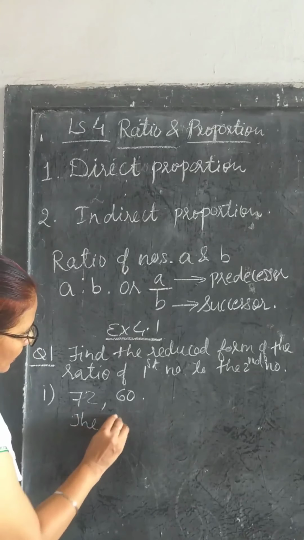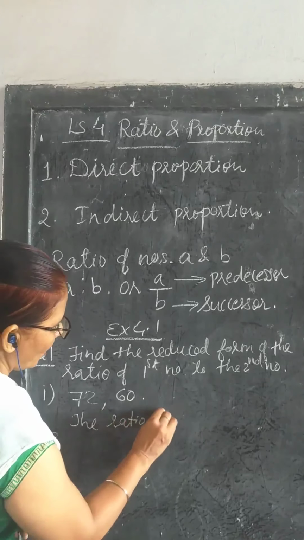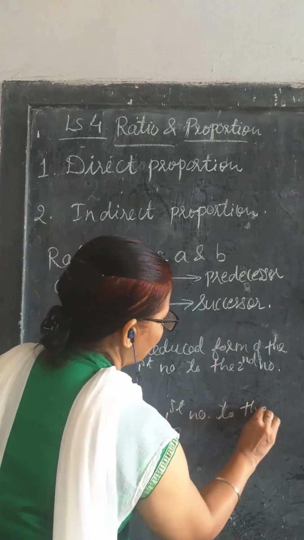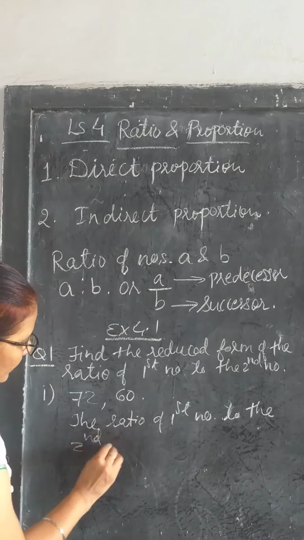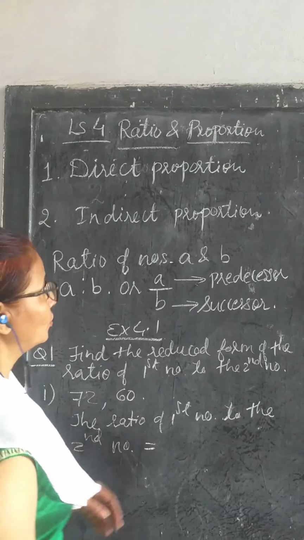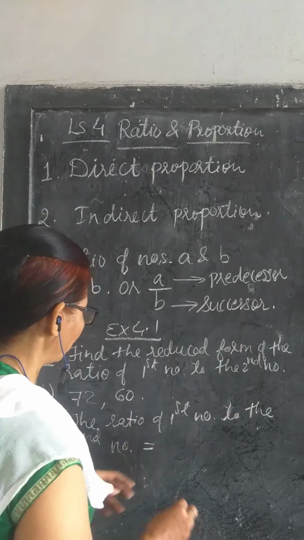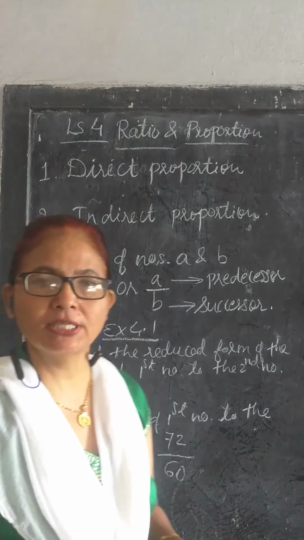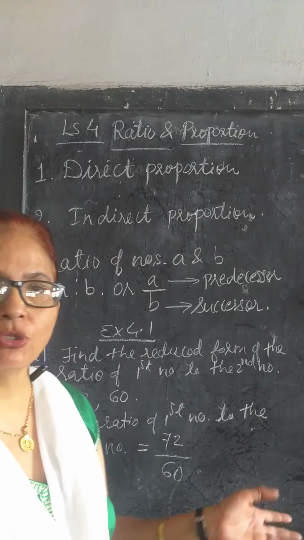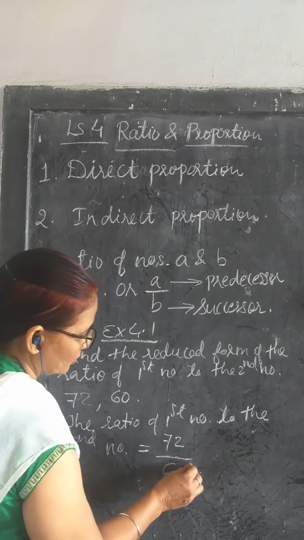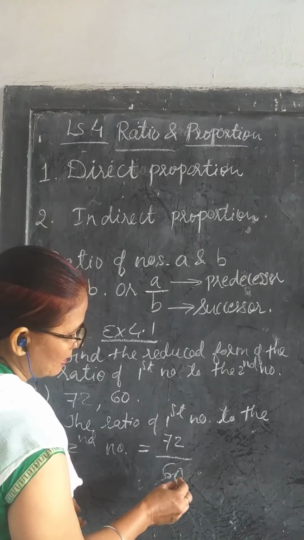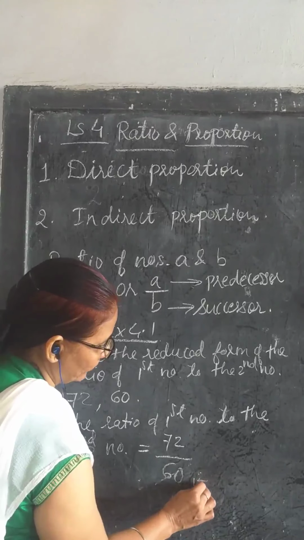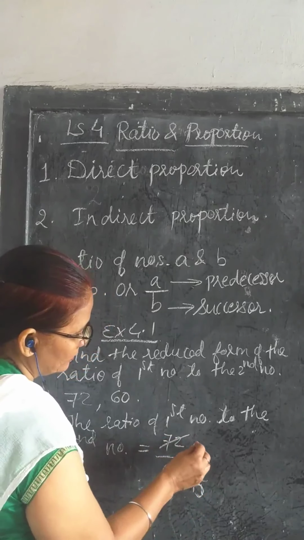You will write like this: the ratio of first number to the second number is equal to, now you know we write ratio as a fraction, so 72 by 60. Now you have to convert this into the reduced form. Reduced form means you have to cancel it. So let's cancel it. By what is it divisible? By 4 you can divide. So here you will get 15 and here